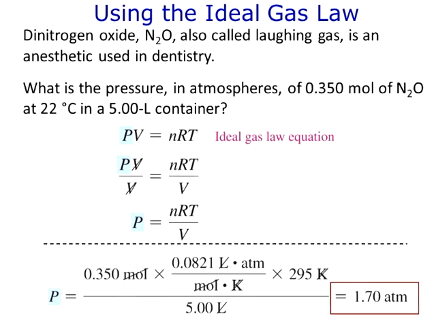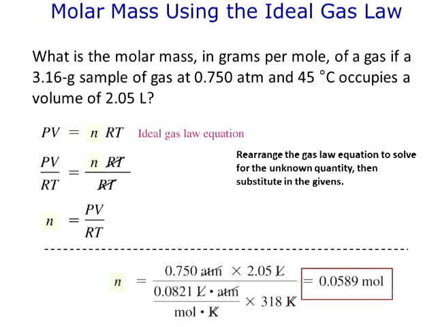So that's how we use the equation. We use it simply by noting the variables, plugging them in, working it through, using K, and using an R value that matches the units required. We can also use the ideal gas law and the mole relationship within the ideal gas law to determine the molar mass of a particular compound. So let's do that in this example.